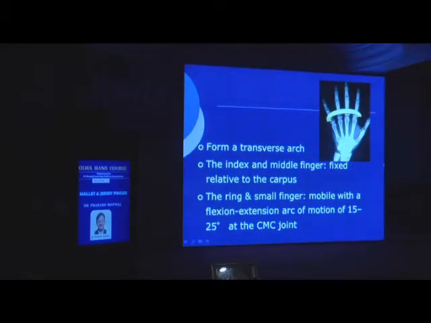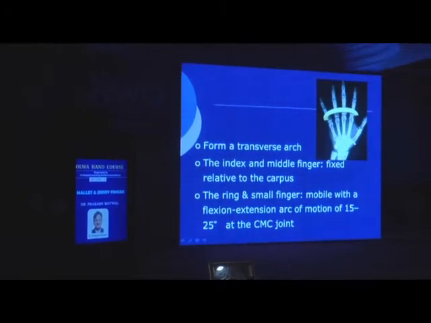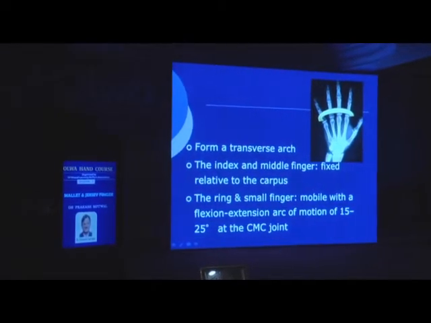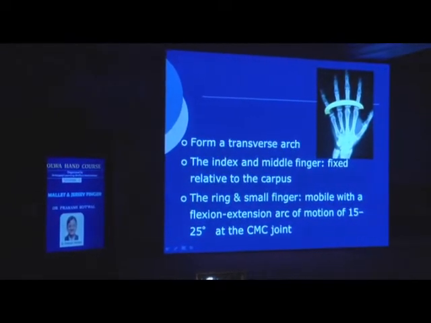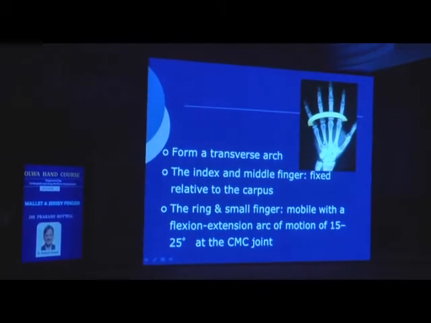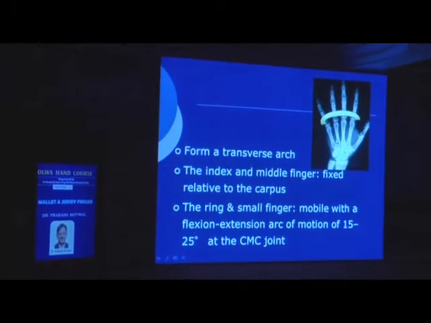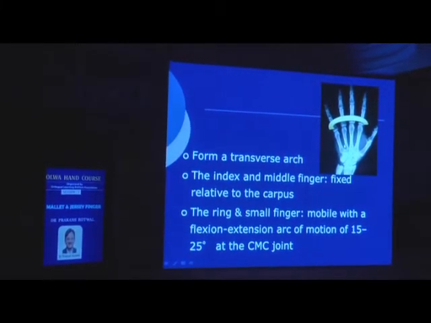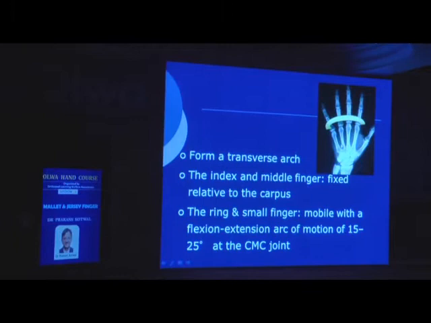The metacarpals form a transverse arch as seen in this picture. So basically you need to restore that arch. If there is a fracture to the metacarpal here, and if this collapses, then this arch is not restored. So which will result in limitation of flexion at the PIP joint. The knuckle will be shortened, and this will affect the function.